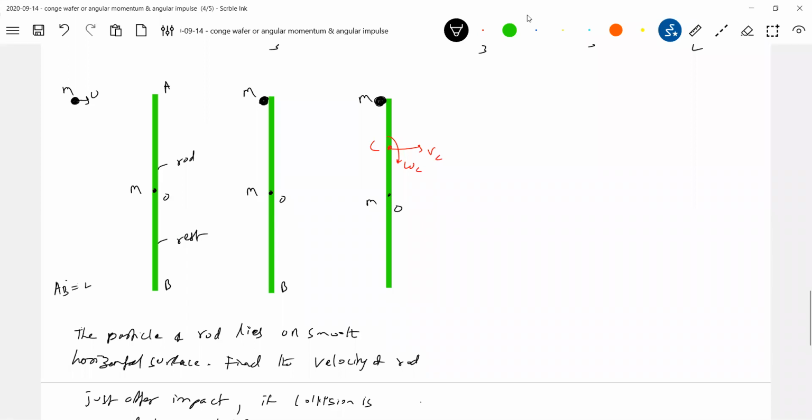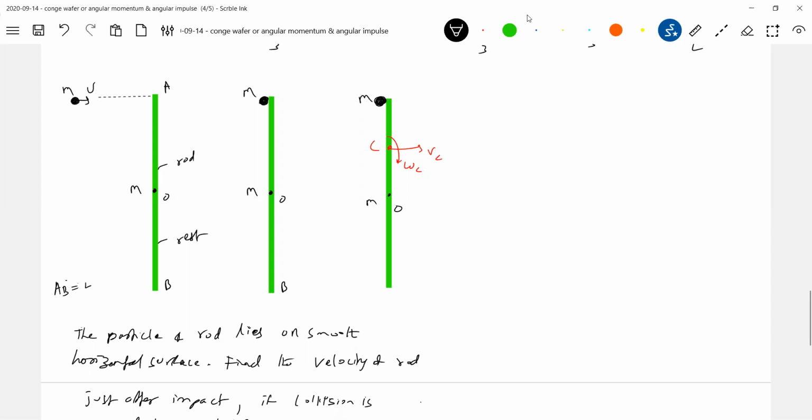What about the earlier problem? You showed the velocity of the rod VO, omega O. Now you're writing omega C, VC. Problem to problem, things are changing. Any reason for that? The basic idea is, if a rigid body is set free to rotate, it will rotate about what? It will rotate about the center of mass, no? That's one basic property of a rigid body. It will rotate about the center of mass here.